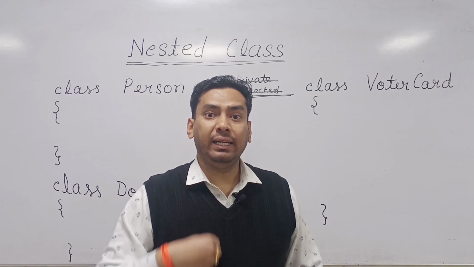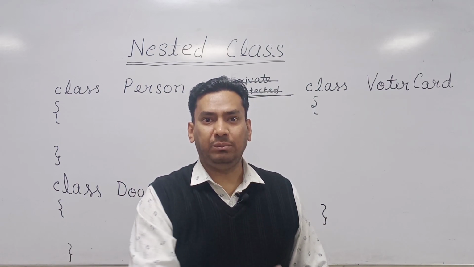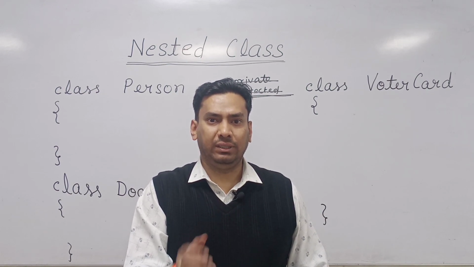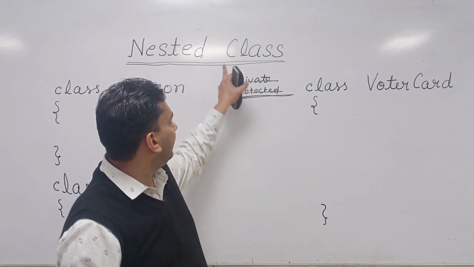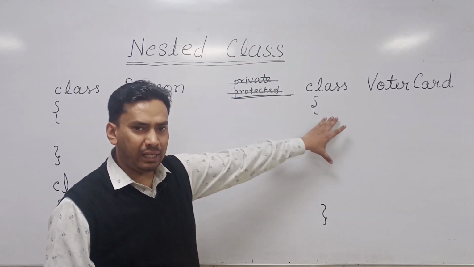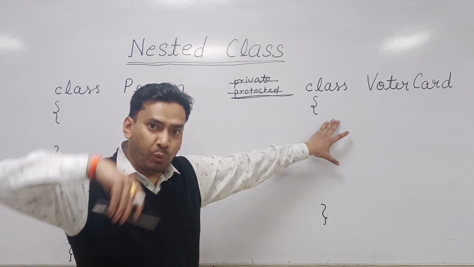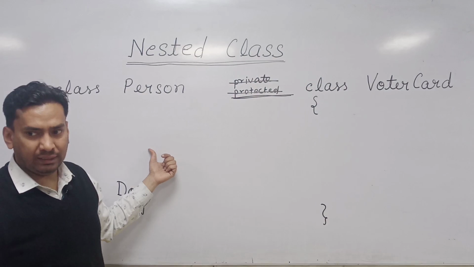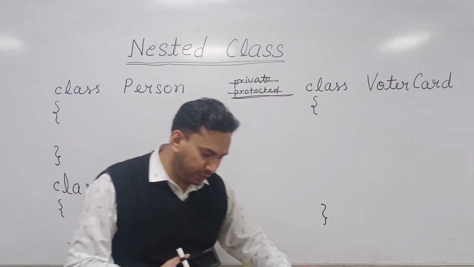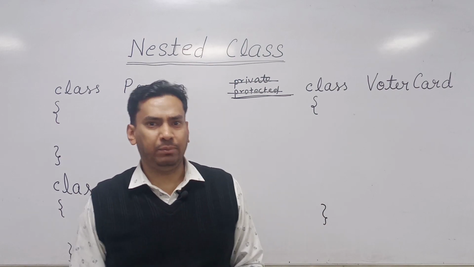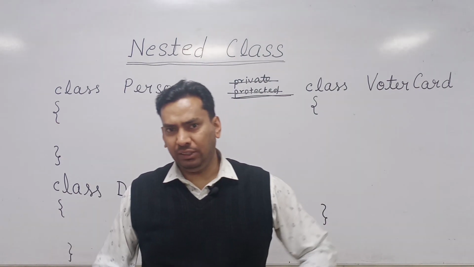So this is increased encapsulation, meaning I am adding one more layer of encapsulation. The third way is nested classes. If you feel my VoterCard class should have some more layers of encapsulation, you can keep it inside another class. So it will add one more layer of encapsulation. Like you can take the example of any university or a college.